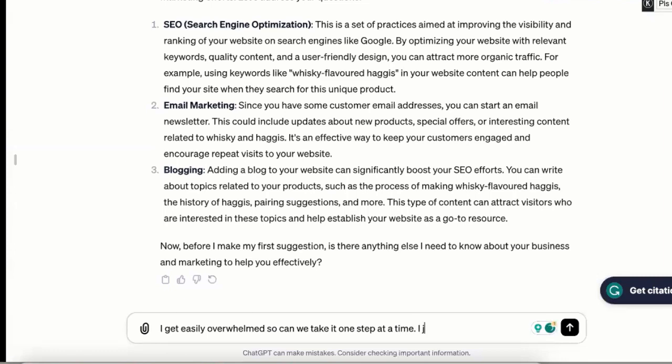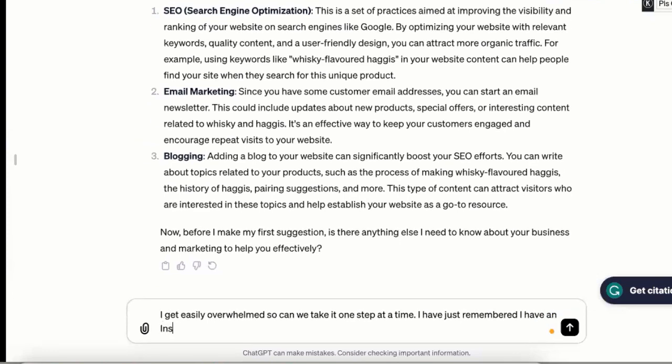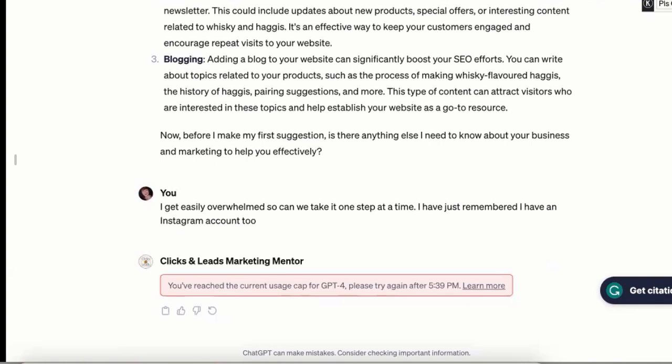I have just remembered I have an Instagram account too. Oh, so I've got to my daily usage limit. I've been using this a lot today, so we can't really go much further, but you can see how useful